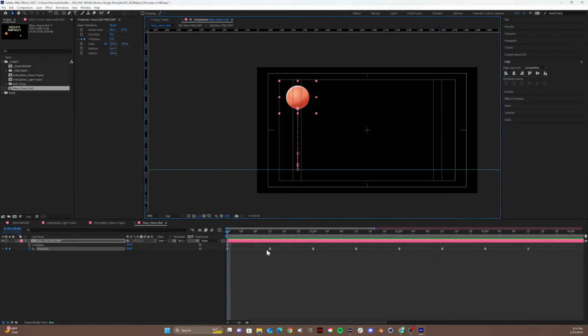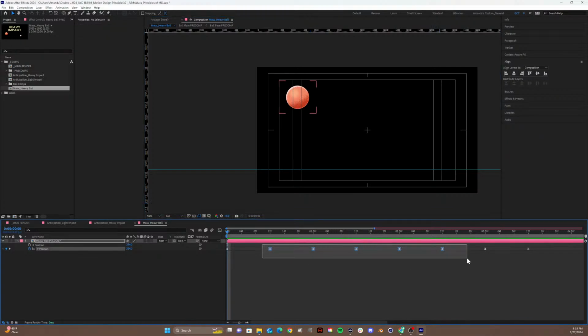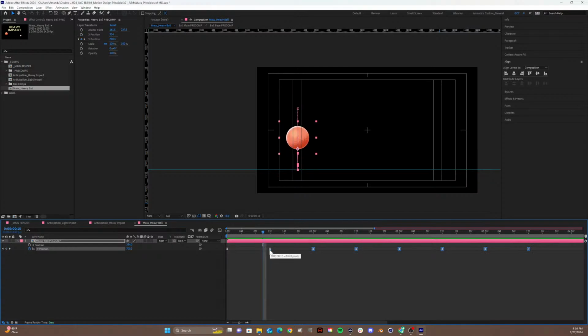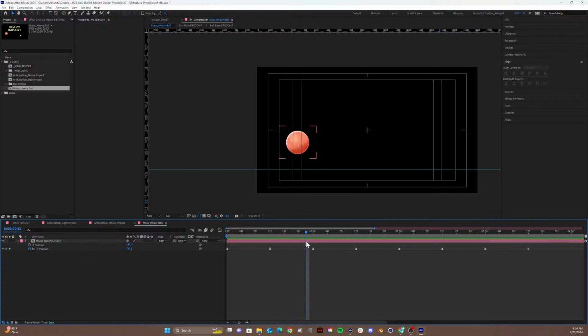So with the heavier ball, I'm going to just take all these keyframes, not selecting that one, and I'm going to shuffle them in. Oh, didn't mean to do that. Just maybe 2 frames, right? So grab this, grab all of these, move them in, 1, 2. Actually, let's leave this one here. Let's move this one into,